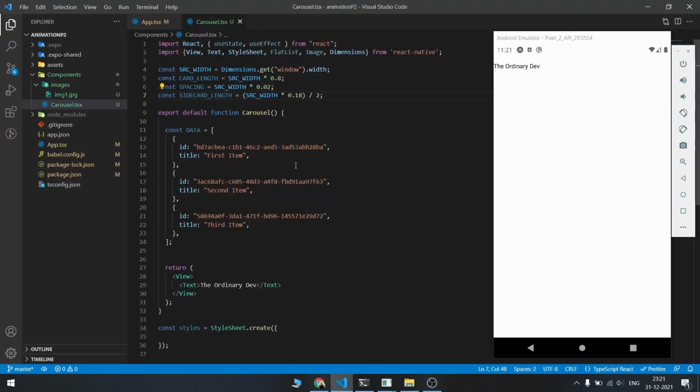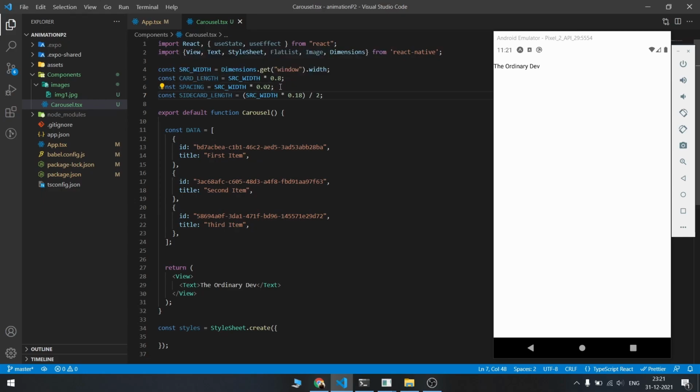Okay, so let's begin. In this project, I have already added a few things, so it won't take much time. Let me explain. The constants that we discussed earlier are screen width, which is Dimensions.getWindow, and the card length is 80% of the screen width.